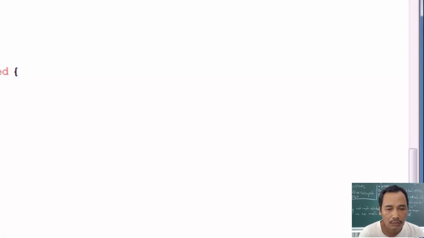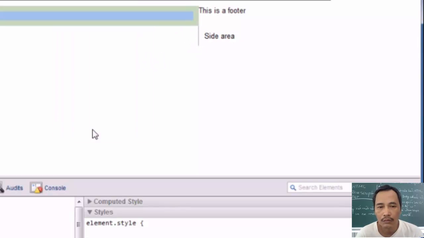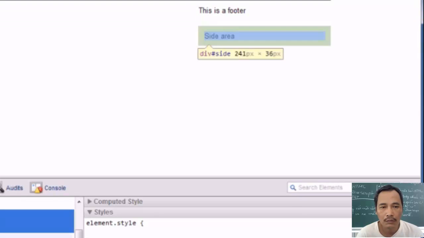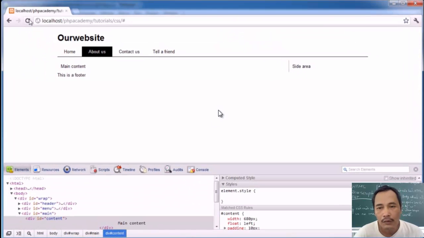It's going to add another pixel onto this side, so when I refresh, we've got this problem here now. This has been pulled down and this has come up here, and you might be thinking, what's the problem? The problem is that we've added another pixel to the side area, and therefore it's come down underneath it again. So if we inspect these, you can see that the main content's up here, the side's down here. So we need to go ahead and take into account this pixel that we've added on, and we simply just need to remove 1 pixel from the width, and that will